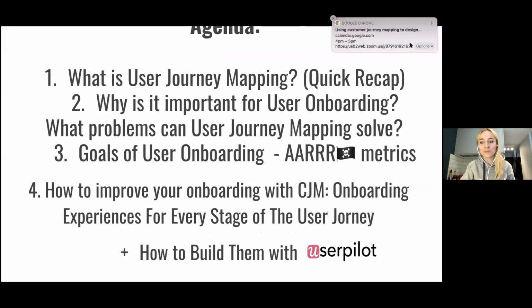Right, so a quick agenda. What is customer journey mapping or user journey mapping? I will just make a quick recap. Why is it important for user onboarding and what problems can it solve for you when you're designing your user onboarding? And what are the goals of user onboarding? So what you can actually achieve at the different stages, what metrics you can improve at the different stages of your customer journey, and how to improve these metrics with your onboarding using your customer journey map. And of course, I will show you how to build them with